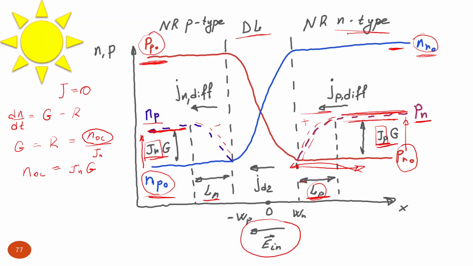But in this region, which is defined by the thickness of the diffusion length of minority charge carriers, we see a gradient of concentration because of extraction of these minority charge carriers by the internal electric field in the depletion region. As a result we have diffusion of minority non-equilibrium photo-generated charge carriers, which contribute to the photocurrent, because that's what we collect, and they all contribute to the photocurrent of the solar cell when we